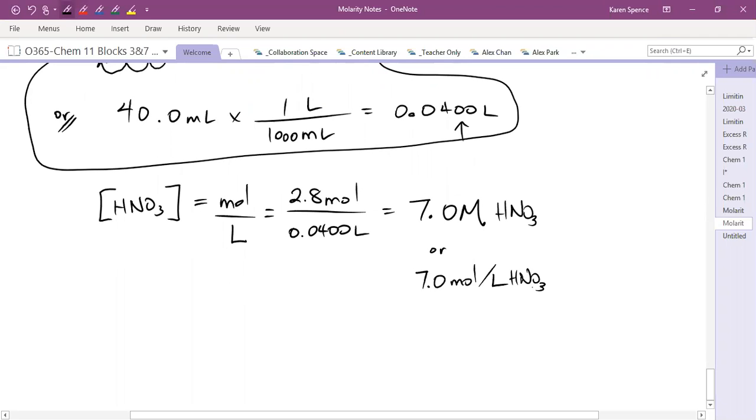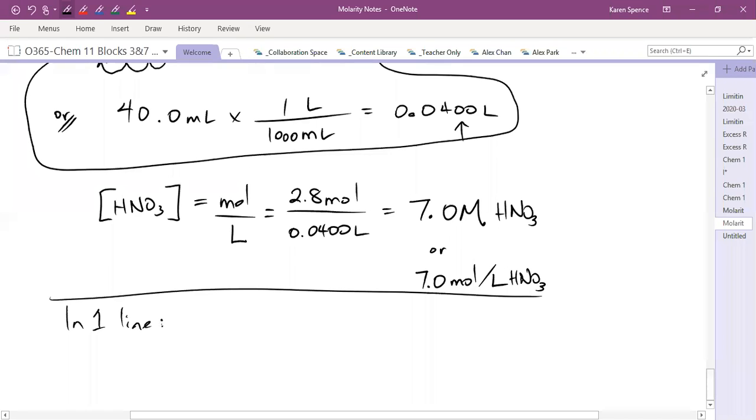Miss Spence, is there a way to do the conversion factors where it's all in one equation rather than two? Absolutely. Shall we see that? Yeah, for sure. So if you wanted to do it in one line,